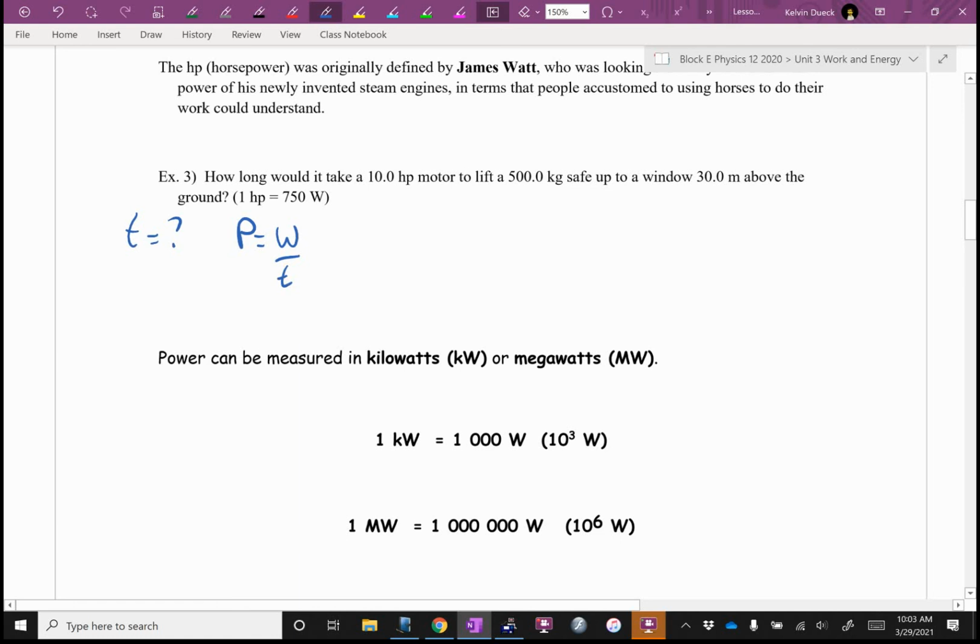Sam, do you get the T by itself? Where is the T right now in the original equation? Stuff moves diagonally. I can multiply the T to there, yes? And now I just need to move power to the other side. How would I move power to the other side?